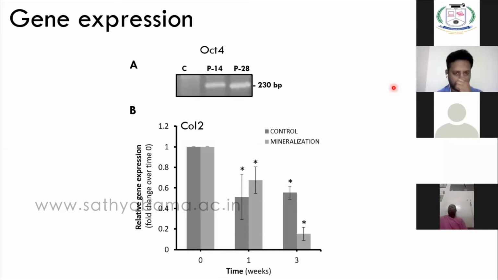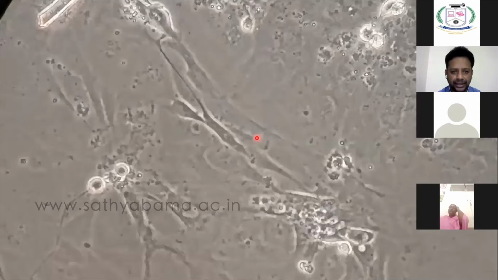Then we confirmed OCT4, the undifferentiated marker, in various passages. At passage 14 it was expressed, and at passage 28 it was also expressed. Then collagen 2 is a gene from bone, and this is also expressed by real-time PCR. Other than that, these cells spontaneously differentiate into